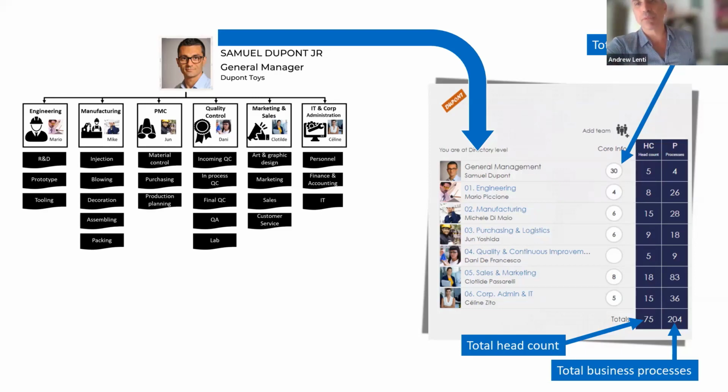So here we are on the dashboard, and you can see there's Samuel looking down at his team, and he can see immediately how many people are in manufacturing, how many people are in purchasing and logistics. He can see how many business processes belong to those teams. And what you're going to see once you get on the dashboard, you have this quick click access to any of those things. So if you just join the company and imagine you're taking over for Samuel himself, your first goal is to get to know everybody as quick as possible